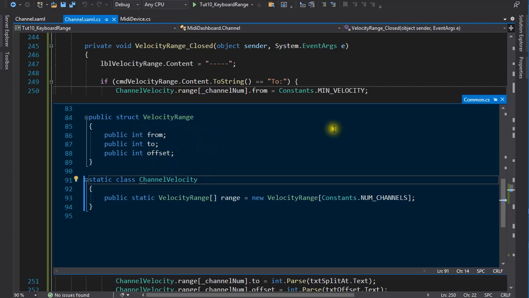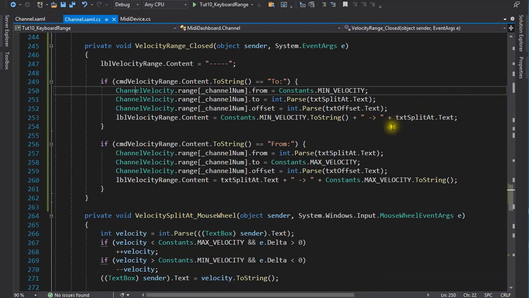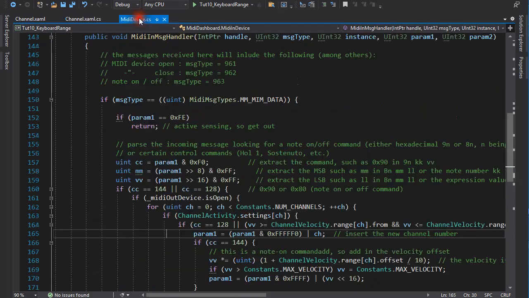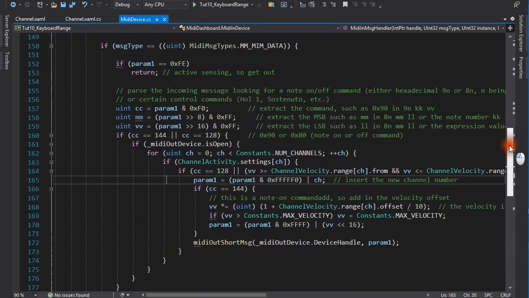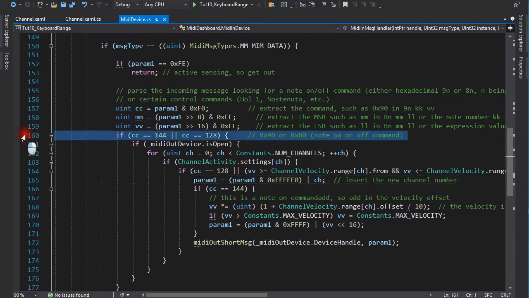Wonderful. How is it going to be used? You might recall that in tutorial 2 or 3 we covered the MIDI in callback function. Then I said we will do some interesting things here. Well, the time has come. Here is the incoming message handler. If a note on or note off message was received,